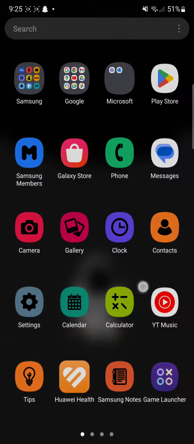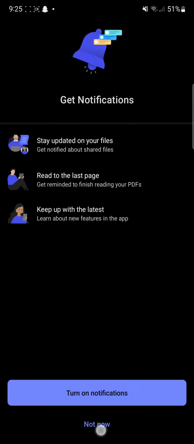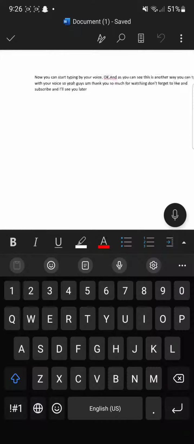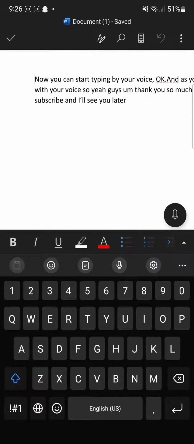So first of all, you're going to launch Microsoft, as we know from Microsoft 365 or Microsoft Office. Now, once you're in Microsoft Office, you're going to go onto whatever document you want to insert a page in. Let's say document 1. Now, from document 1, you're going to click on edit. From edit, you're going to click on this so we can make sure it is on the page layout, not